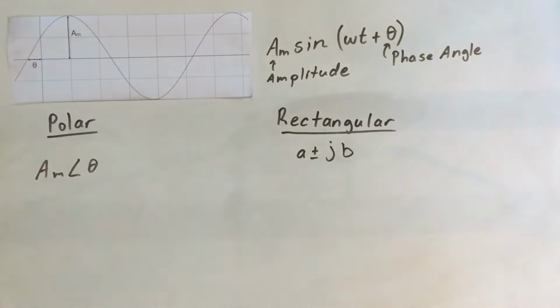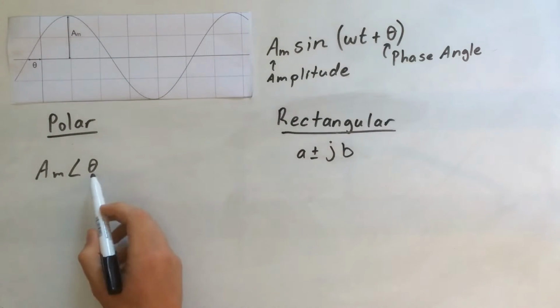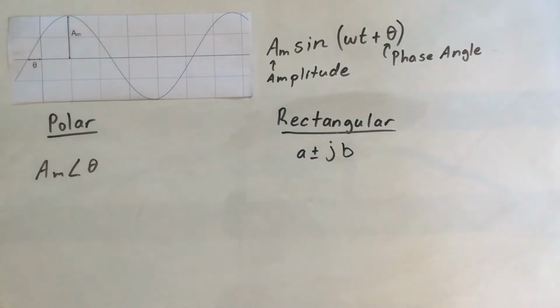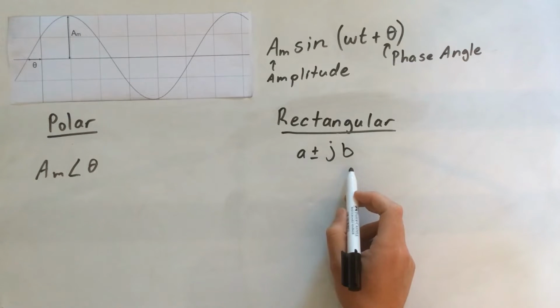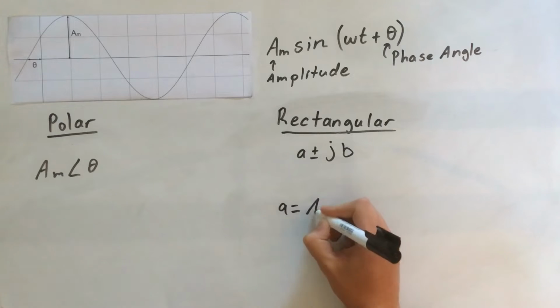So today we're going to look at the polar and rectangular representation of a sine wave. So in polar form, we have the amplitude, and then we have the phase angle. Just simply write it like this. And in rectangular form, we have here, to find A and B, A is simply the amplitude